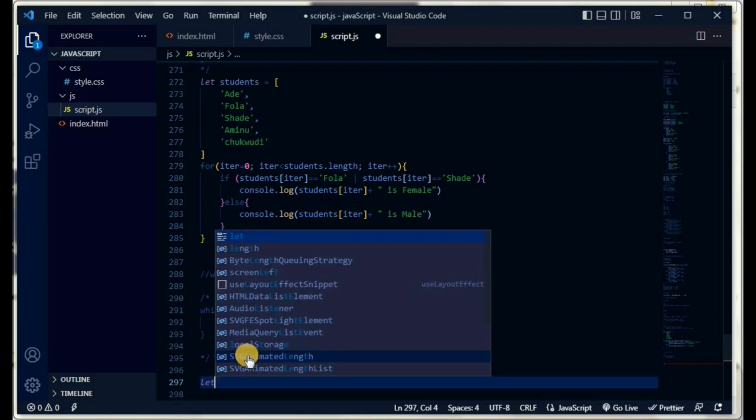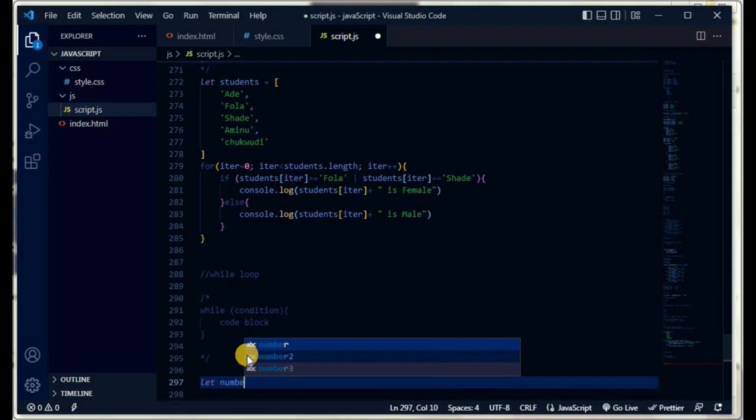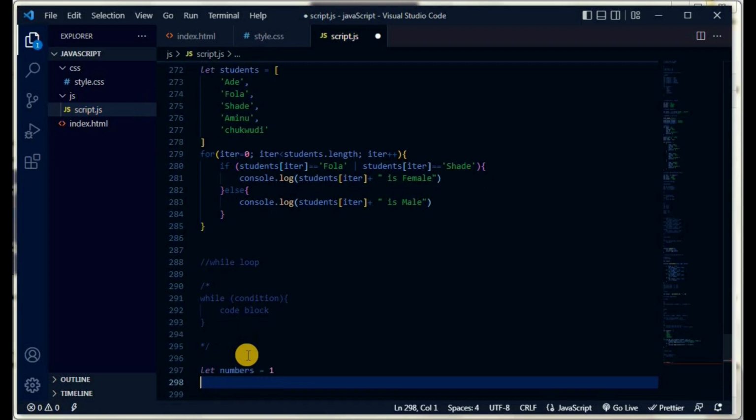Let's create a variable and say let numbers equals 1, because number I think is a reserved word. So let numbers equals 1, right? And we now come and say while